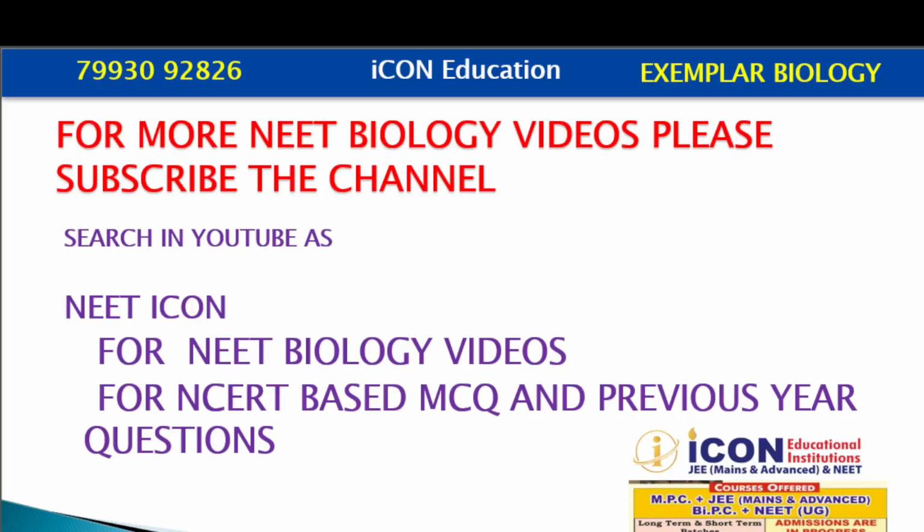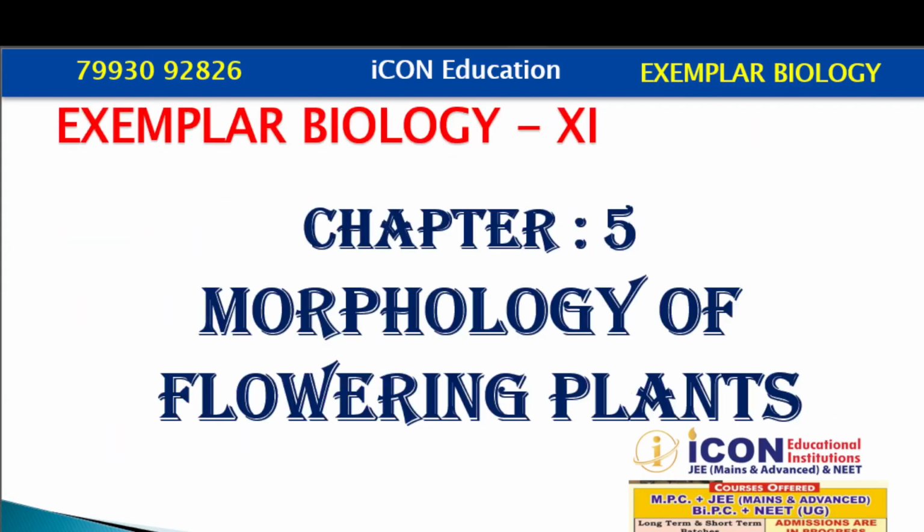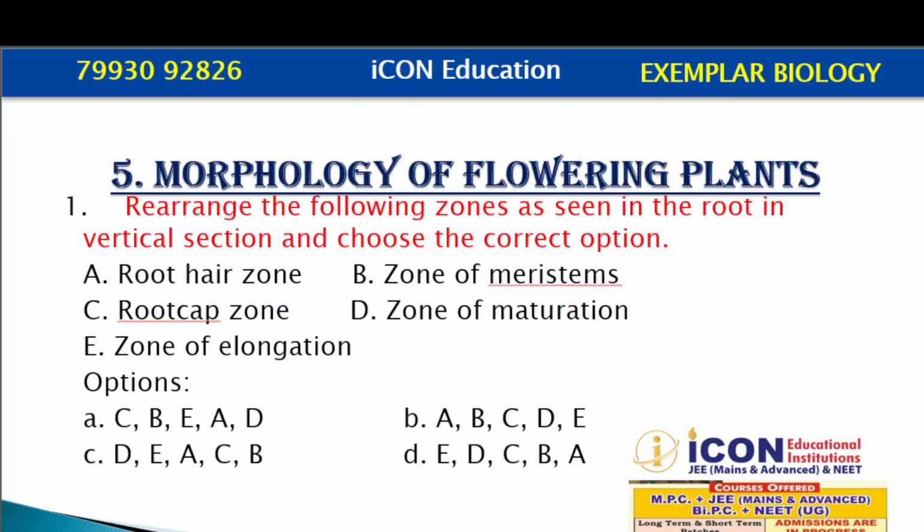Today we are going to practice Chapter 5 Morphology of Flowering Plants Exemplar Questions. Chapter 5 Morphology of Flowering Plants. Question number 1. Rearrange the following zones as seen in the root in the vertical section and choose the correct option. So, we have to arrange